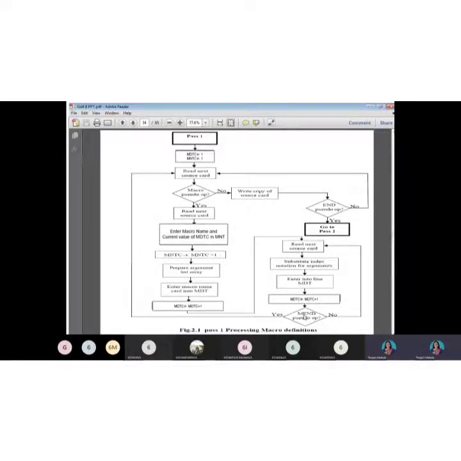If MEND is reached, the MEND pseudo opcode, you find that if it is yes, then you can go on to find the next macro defined in the program. If no, you continue reading the next instruction and increment the counters. So this is the pass 1 algorithm with a flow chart. We have seen the algorithm as well as the flow chart.